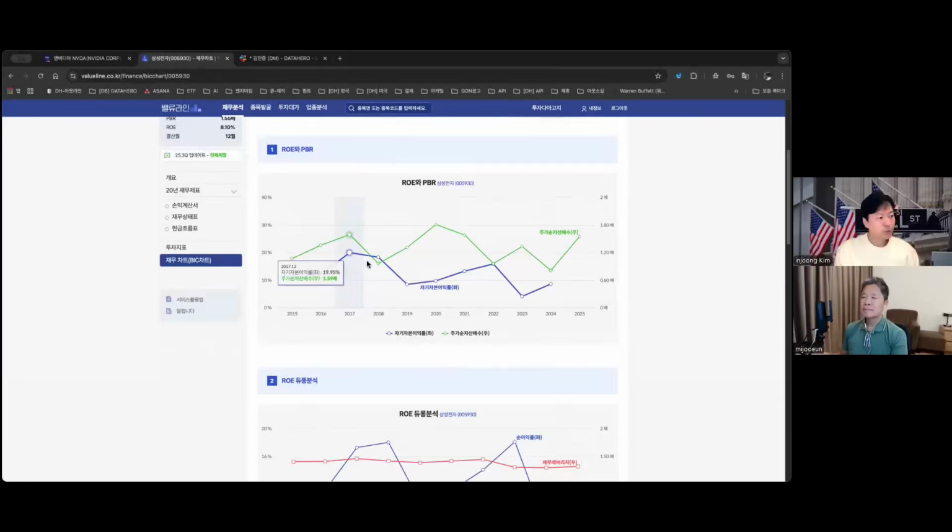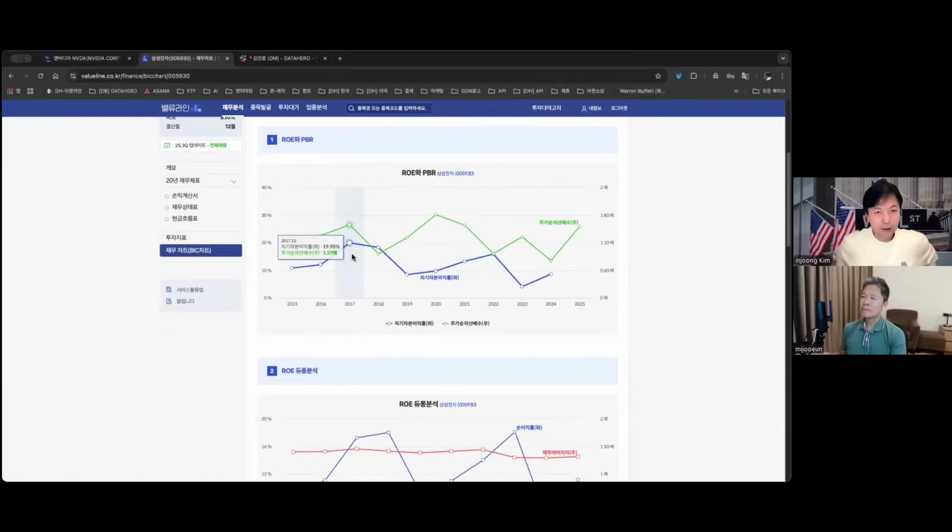In 2017, it was 19%. This is about the highest return on equity. Samsung Electronics made about 19%. But why is it different from SK Hynix? The reason is